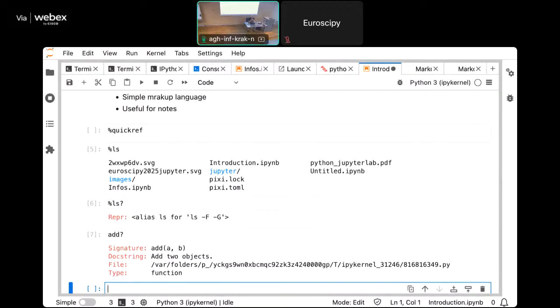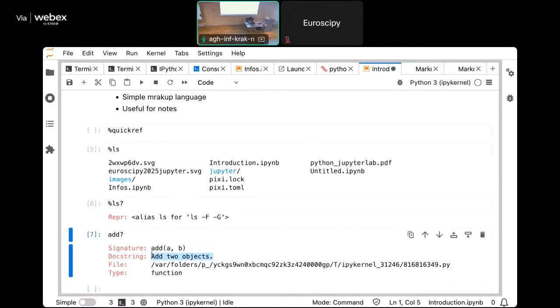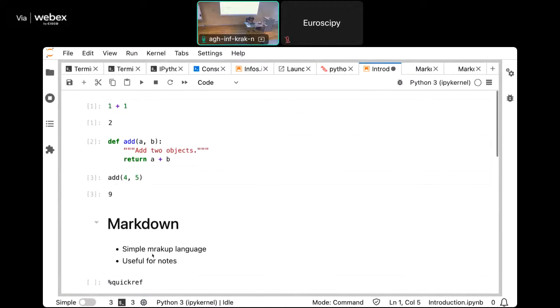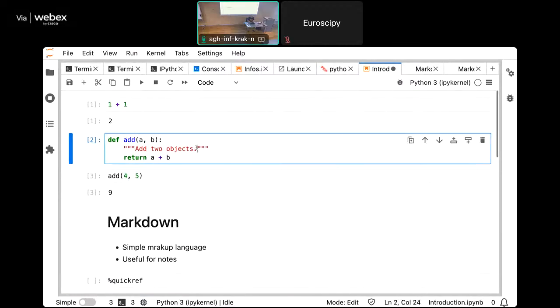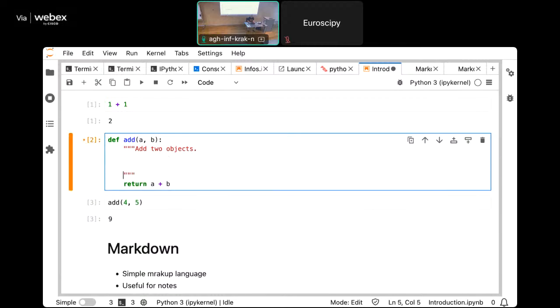Now you get the help, and it's very useful. As you can see, the docstring. That's why it's so important to write a docstring, because now I can just say, okay, question mark, what does this function do? And then you write a good docstring. And this docstring is okay-ish. So a docstring typically is a header, and then you write something